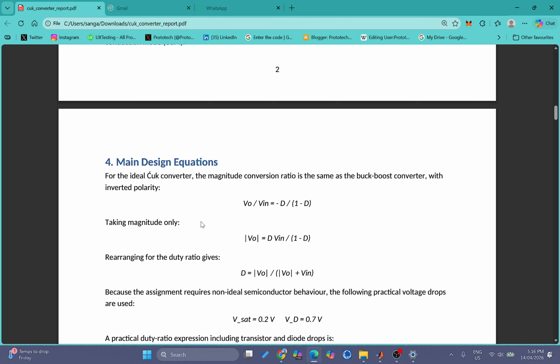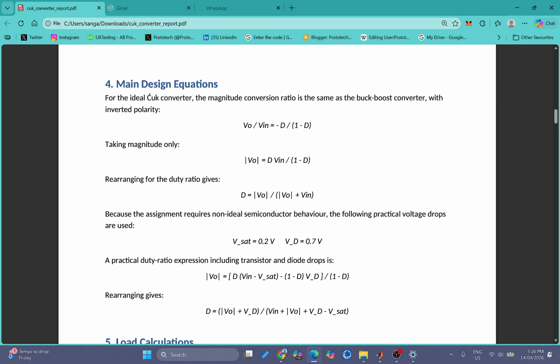Okay, now for the equations that we are going to use, we have V output divided by V input. Output voltage divided by input voltage is equal to negative of duty cycle divided by 1 minus duty cycle. That is the equation that we're going to use, and the output voltage can be given by this equation,